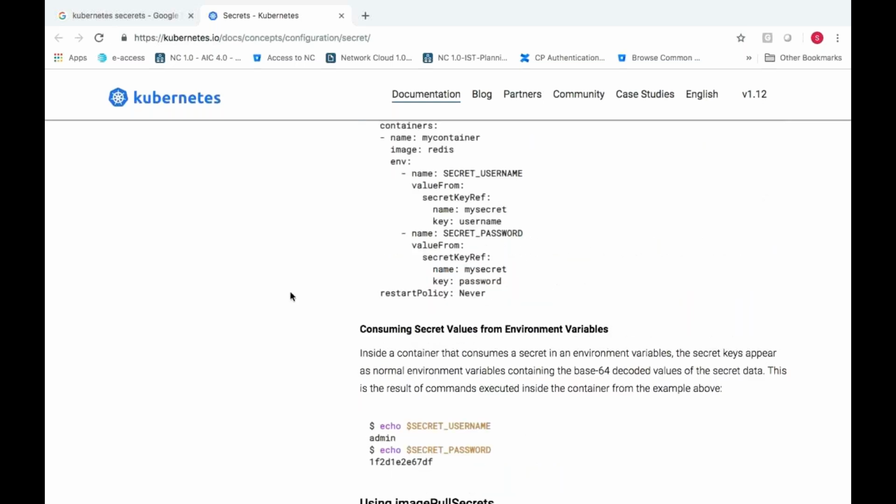While installing the MySQL itself, if you specify the environment variable like MYSQL_ROOT_PASSWORD, it will take that particular password. So I've mentioned my password in the secret. So how to use this particular secret in my environment variables? Okay, so that is an important one. So we'll try to see that.